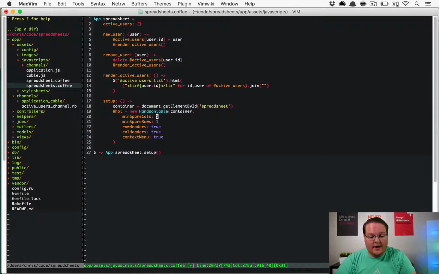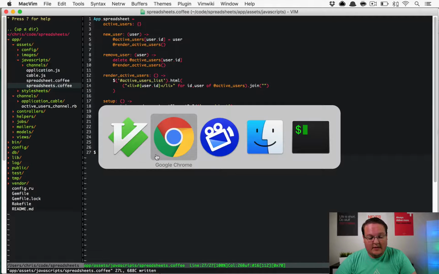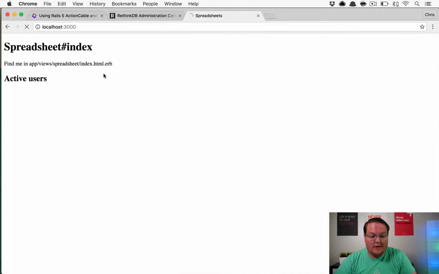Then we'll set up some configs for it, and then we'll save a reference to the Handsontable instance so we'll be able to access that in the future if we do want to. So this will just load up when the jQuery DOM is ready. Then we'll go ahead and set up the spreadsheet. So saving this should allow us to see that spreadsheet. And